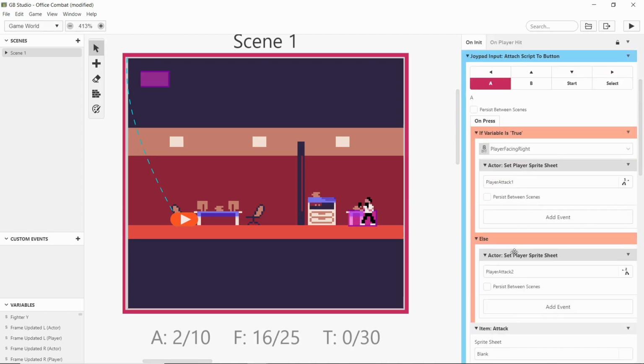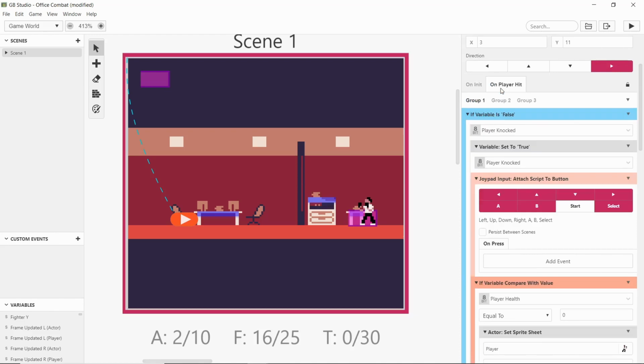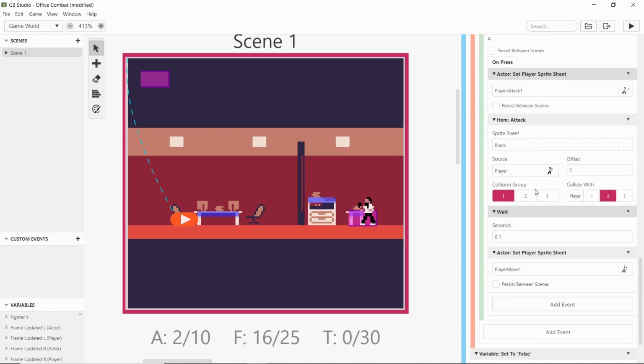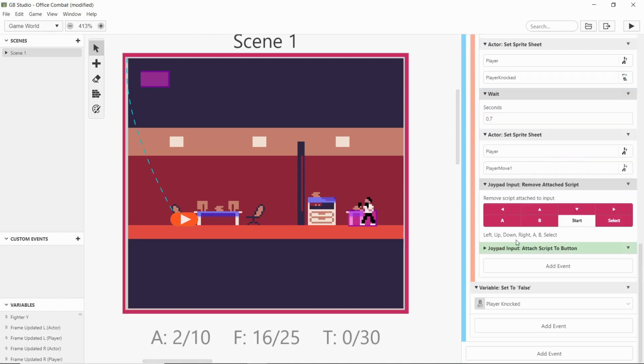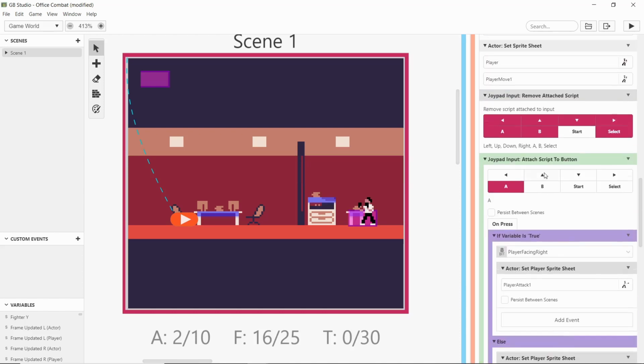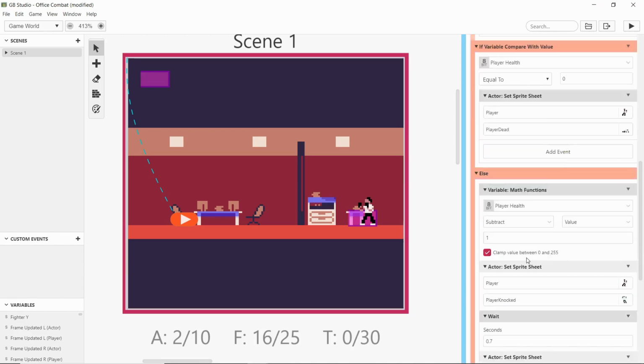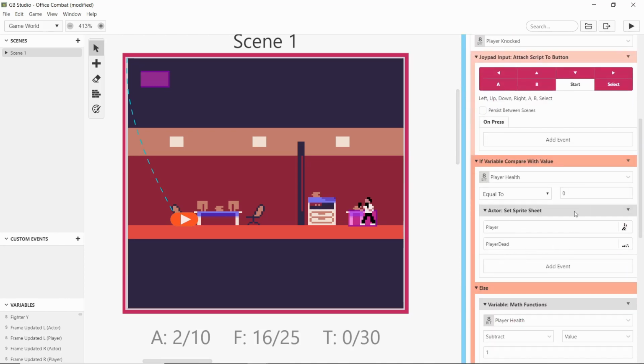So obviously this attack script I put into the on-player hit. When they get knocked back, it then resets them, all their buttons. So I just need to drop that in there and delete the old one. And we can hide that, forget about it. And now obviously we need to make sure we check which way the player is facing for each one of these